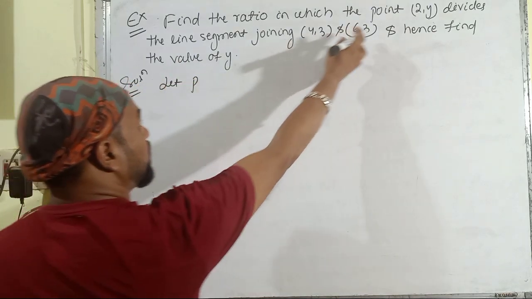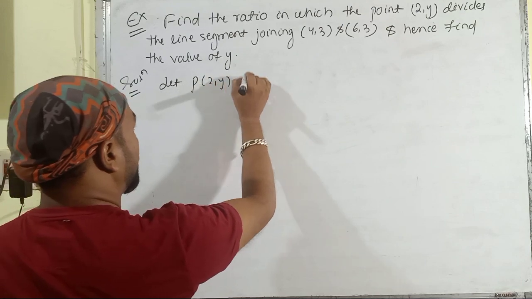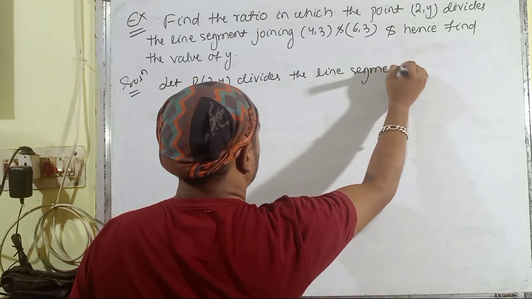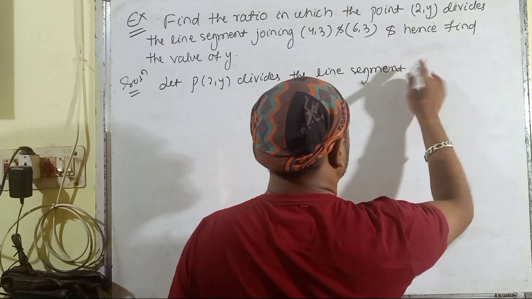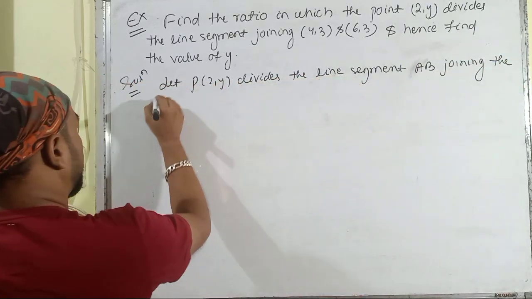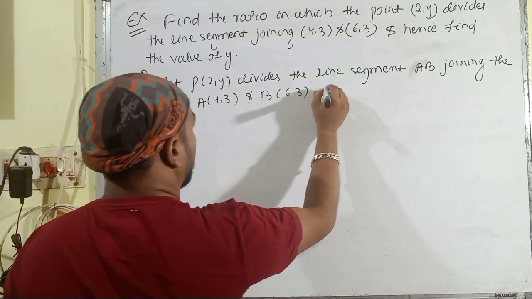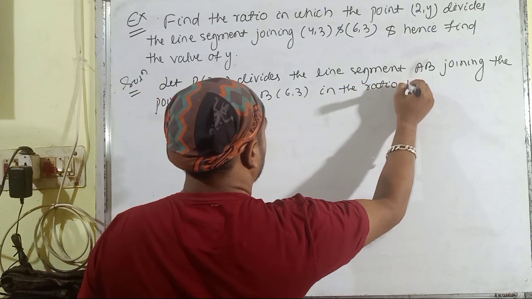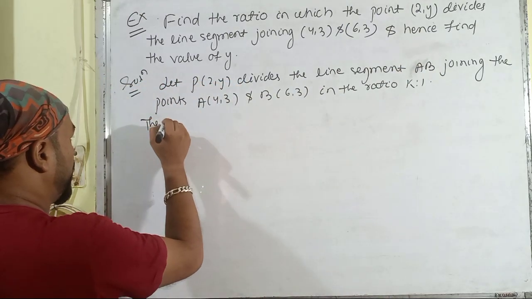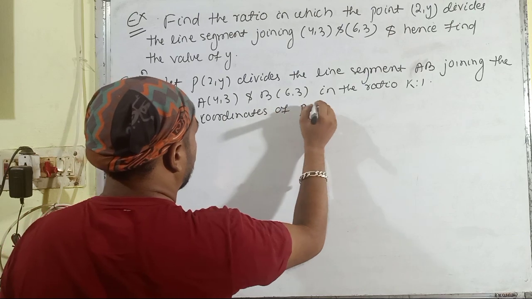Let us consider this point (2, y) as P, and these 2 points as A and B. Let P(2, y) divide the line segment AB joining the points A(4, 3) and B(6, 3) in the ratio k is to 1. Then the coordinates of P are